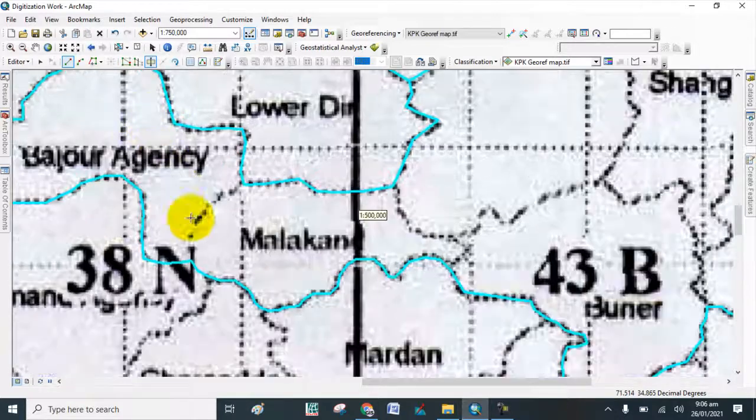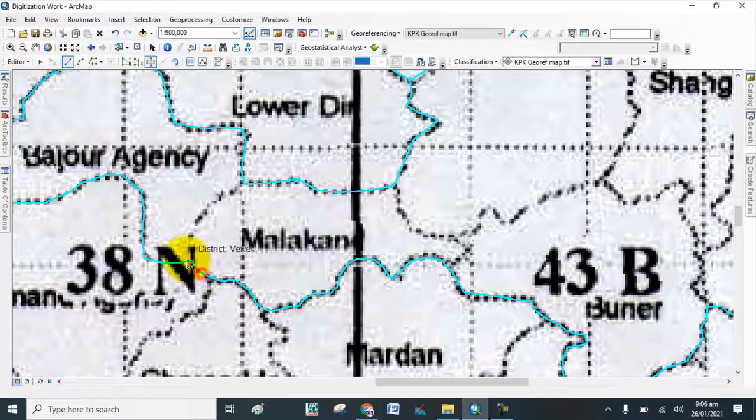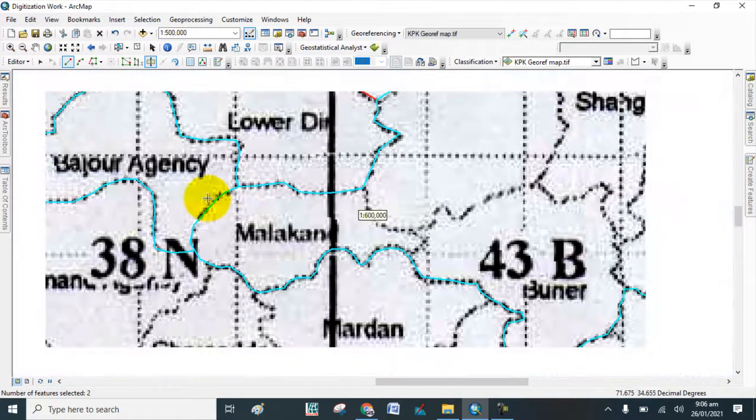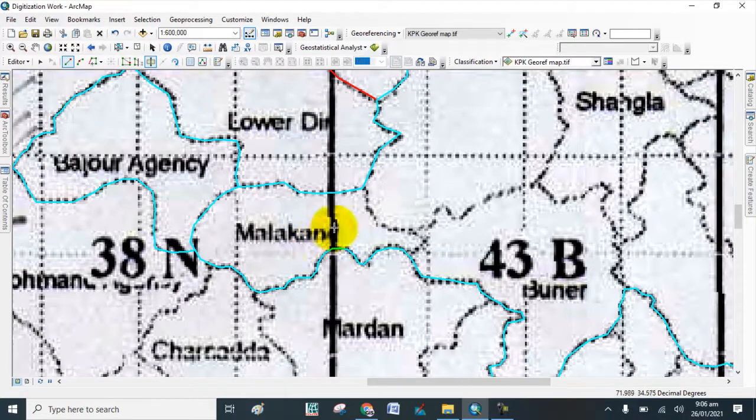Now I digitize this one. Now digitize this boundary.